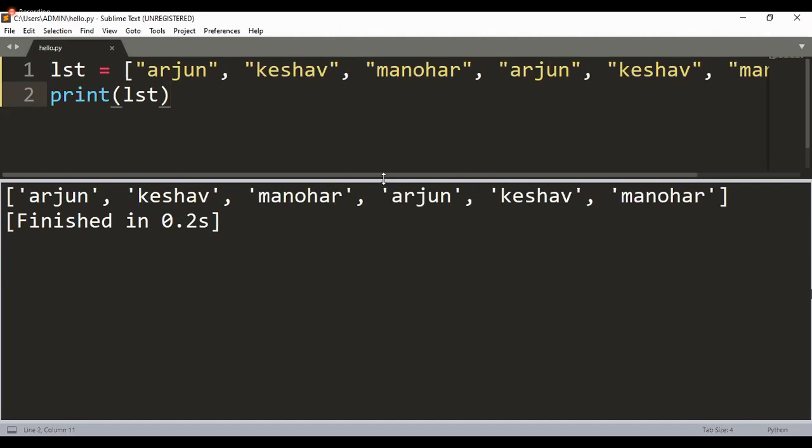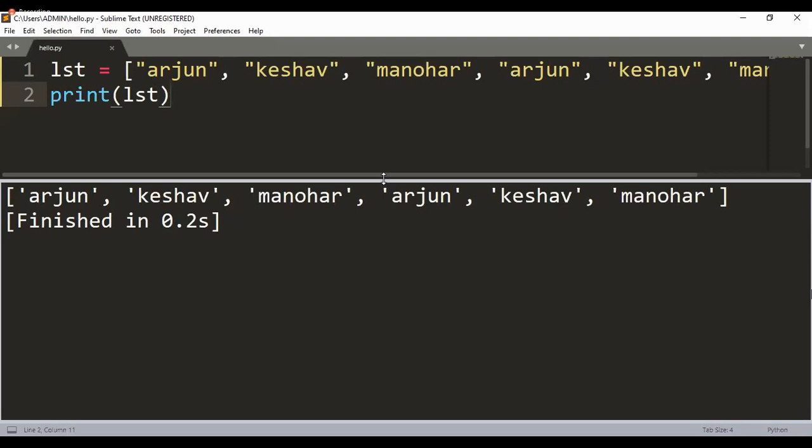What do you mean to say, sir? He would also ask you, okay, you say that lists permit duplicate elements, but how many copies of each of these elements will actually be present in the memory, on the RAM of your computer? What do you mean to say, sir? What I mean to say here is, on the output screen you see that Arjun has appeared twice, Keshav has appeared twice, and similarly Manohar has also appeared twice.